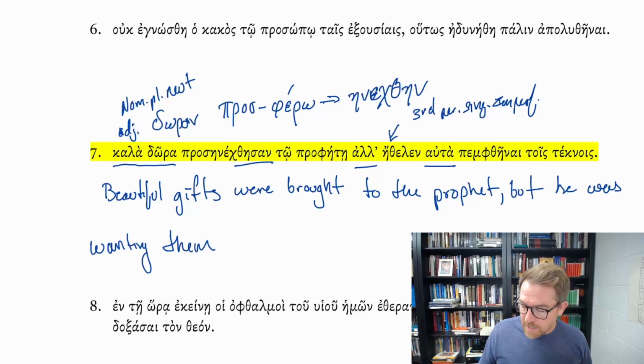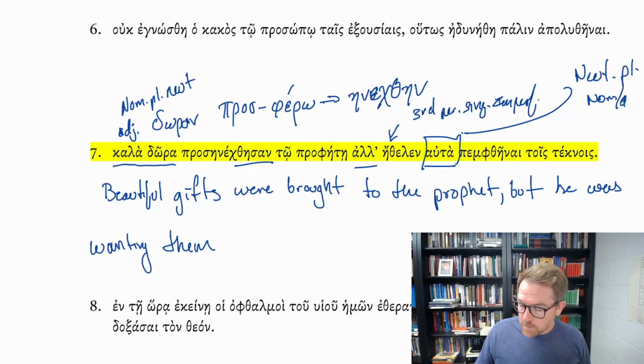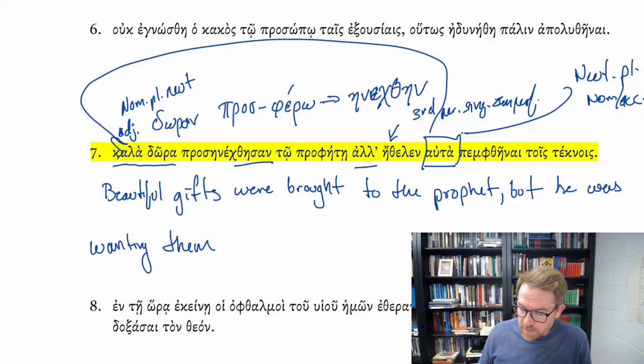Now, this auta is neuter plural. It's either nominative or accusative. Now, it can't be the nominative because our subject is ethelen, which is third person singular. So this is going to be an accusative plural. And so we're looking for a neuter plural antecedent, which we might expect somewhere in our previous clause, and lo and behold, we have one with the gifts, the beautiful gifts. So he was wanting them, that is the gifts, to be sent,